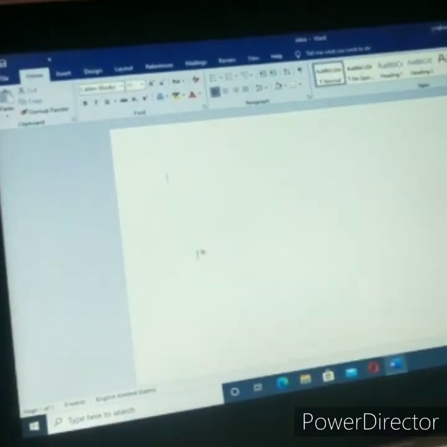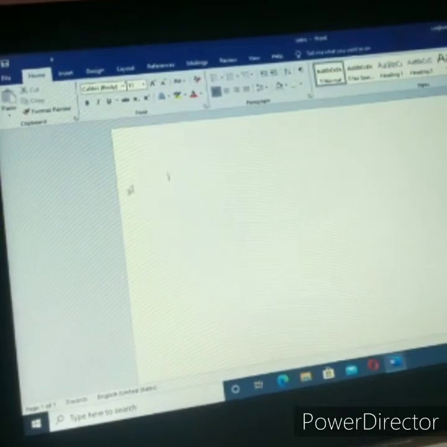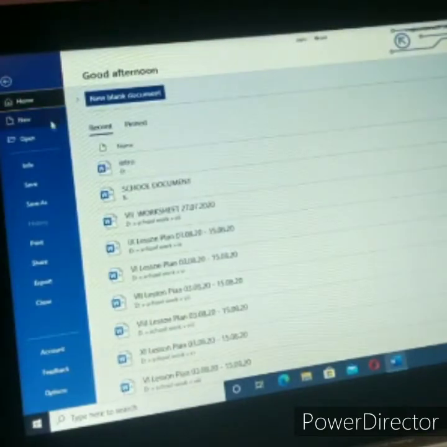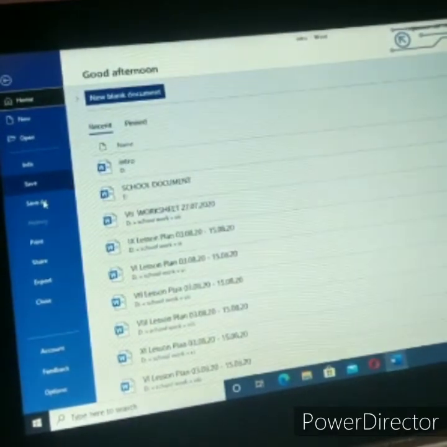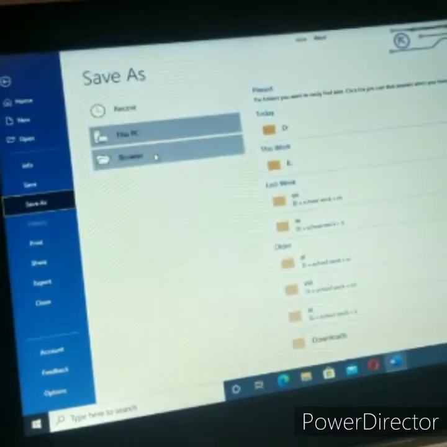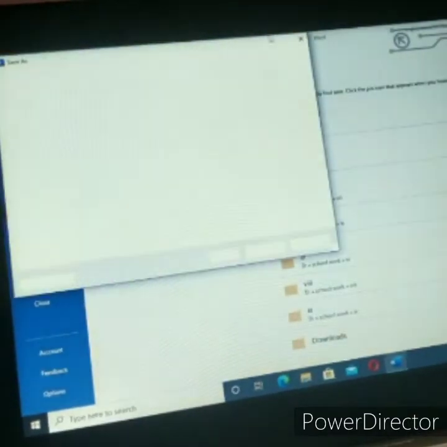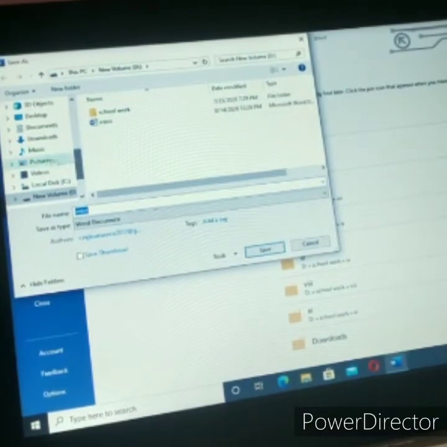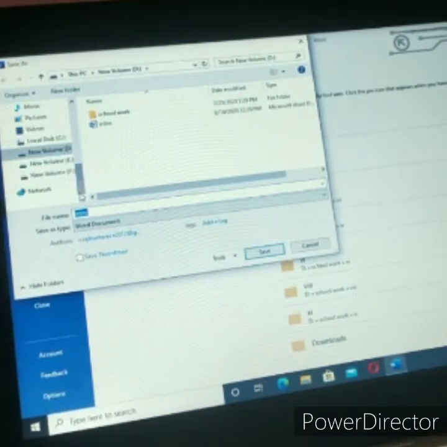Now you have created your file and saved it as intro. If you don't know the shortcut, just go to Save As, click the Save As button, and do the same thing. Both are the same.